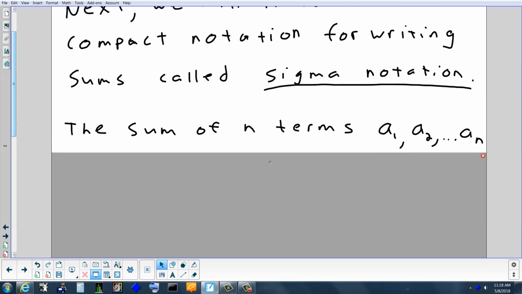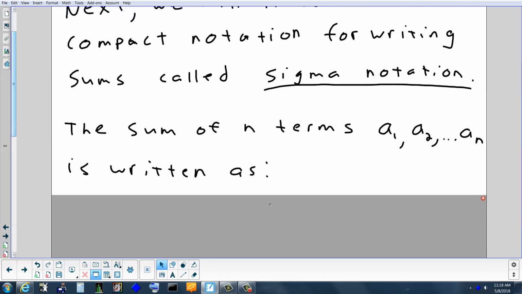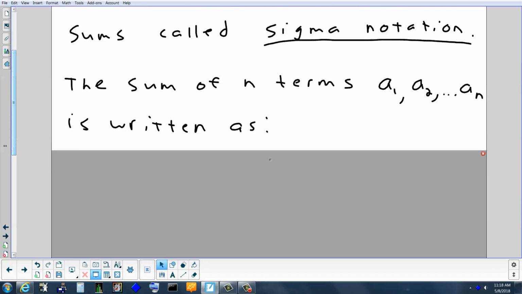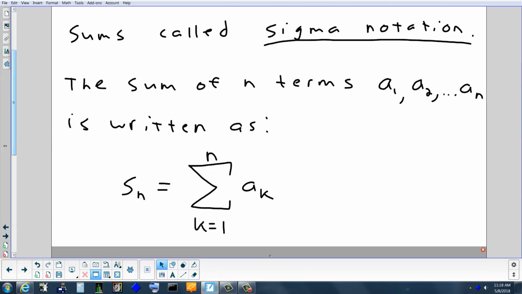So let's say you had a sequence, and you wanted to add up terms 1 to n. Maybe it's 1 to 10, 1 to 50, 1 to 1,000, but you want to add up the first n terms. Okay, whatever number somebody picks for n. This is how you could write it down. To do it out, it would still be a pain, but to write it down, you can use this notation. So the notation really has 4 parts to it. First of all, it has